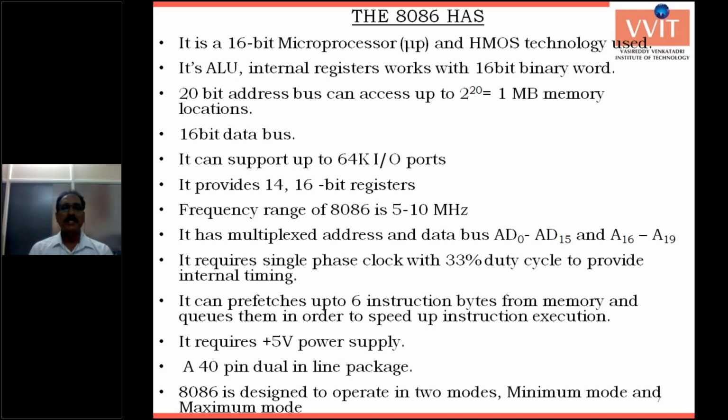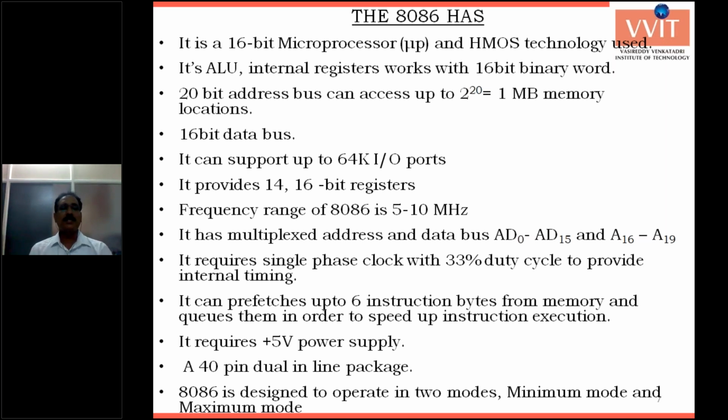Now it processes 16 bits, so 16 data lines are reserved. These are also used for the I/O ports. Now you can access any I/O port. For example, the keyboard accesses one I/O port, the mouse accesses one I/O port, the internet accesses another I/O port, and wireless accesses another I/O port. Any I/O device is accessed by the processor through a 16-bit address, that is 2 power 16, or 65,536 I/O port locations are supported.